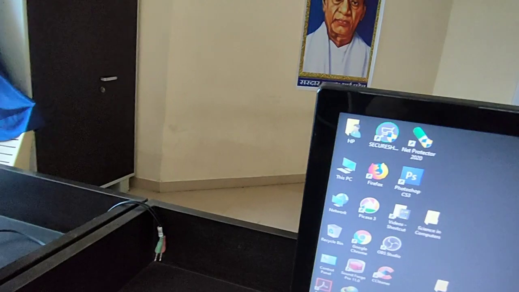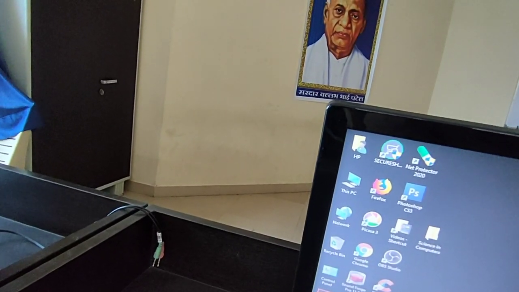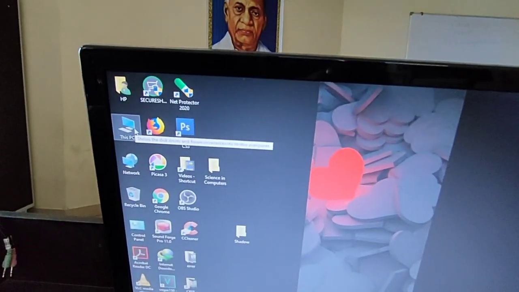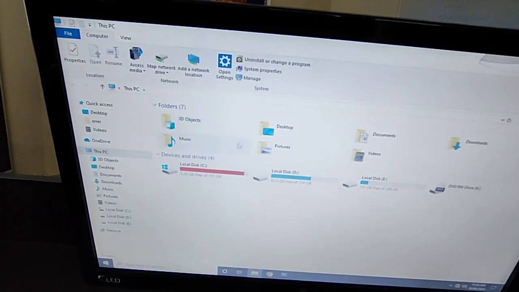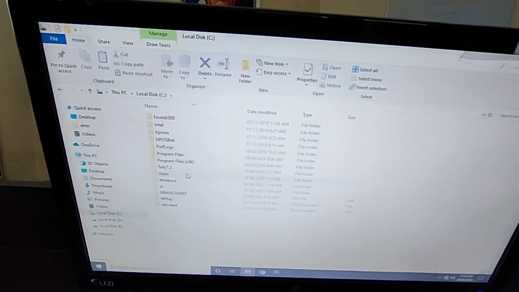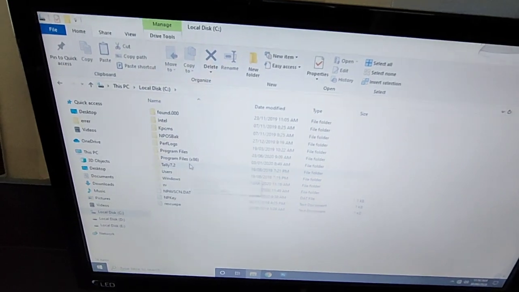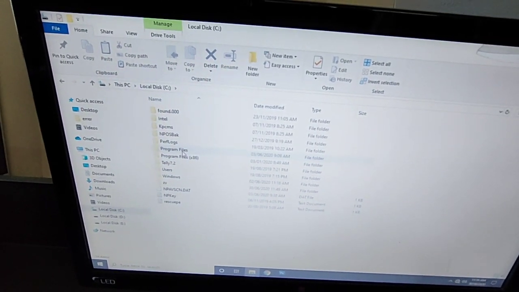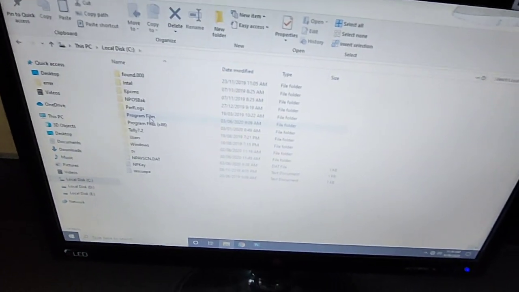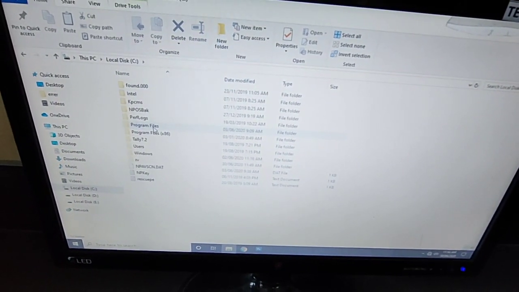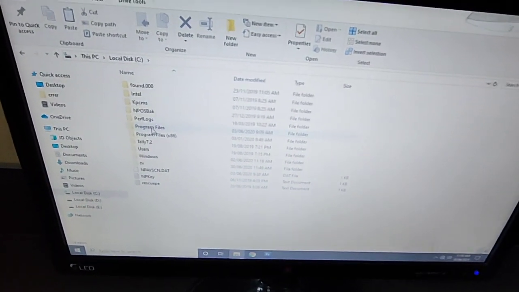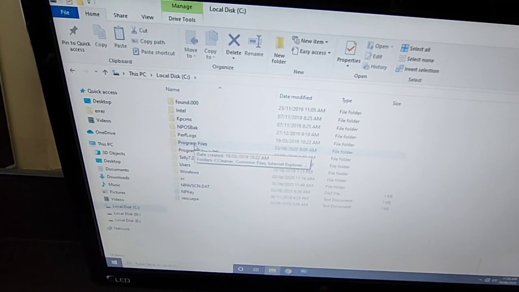Okay, suppose I go to This PC, and open the local disk C. Now you can see here the program files, student. Yes, I want to create the shortcut of program files on the desktop. So I am going to the program files and right click it.